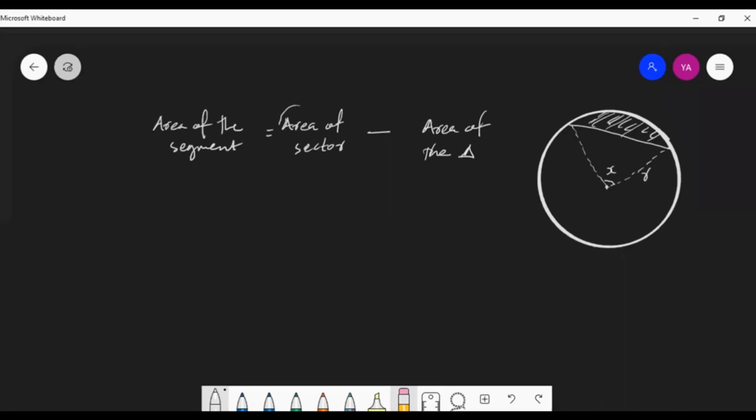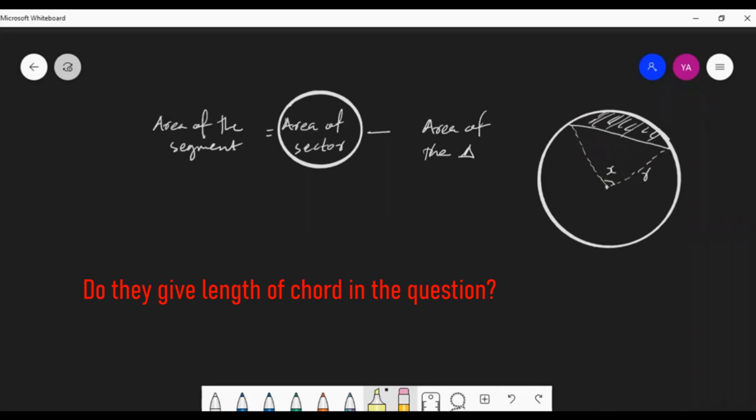The area of the sector means this full area. If you subtract from that area the area of this triangle, the balance will be the area of the segment, right? So this is the method to find the area of the segment. First you find the area of the sector, then you find the area of the triangle, then subtract. You will get the area of the segment. Sometimes it may be given directly, otherwise using some trigonometric idea we can calculate.